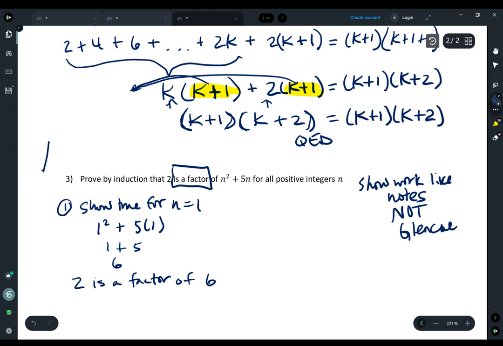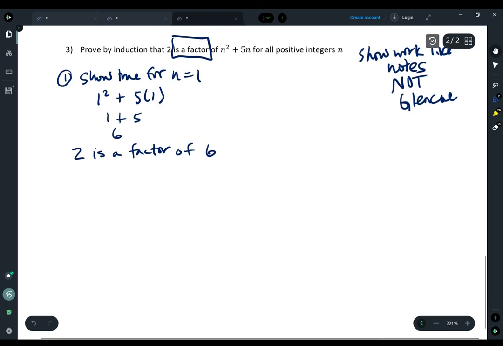That was a kind of a sticking point in my class today. So I wanted to make sure that we understood that. So 2 is a factor because 2 can be multiplied by something to get 6, or 6 is divisible by 2. So my next step for this one is always that I want to assume true